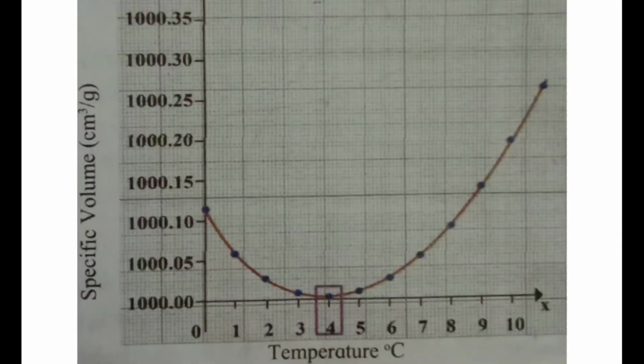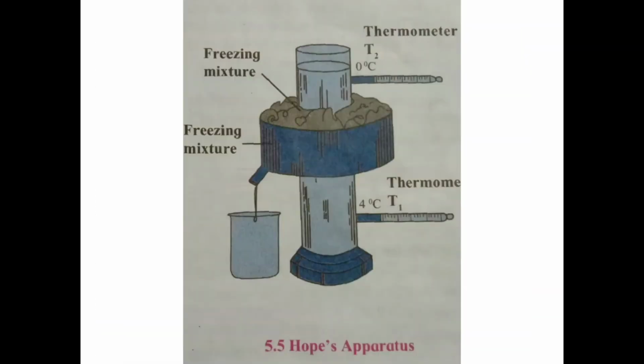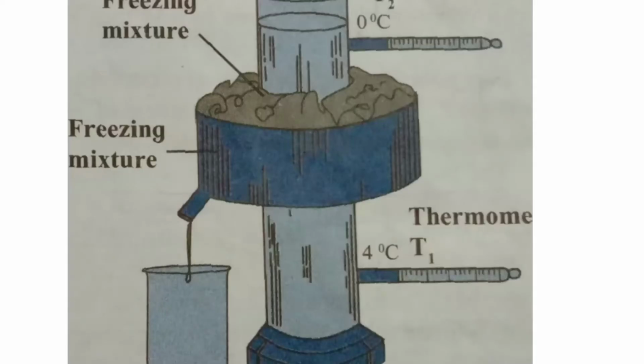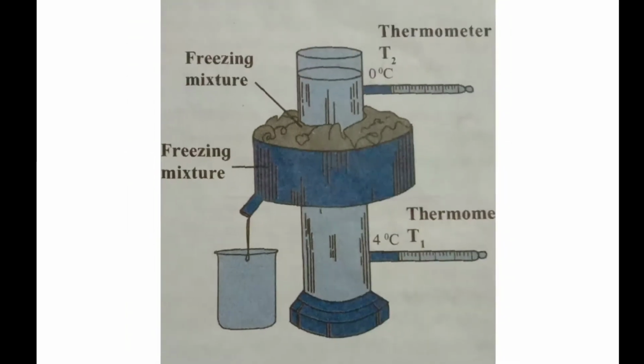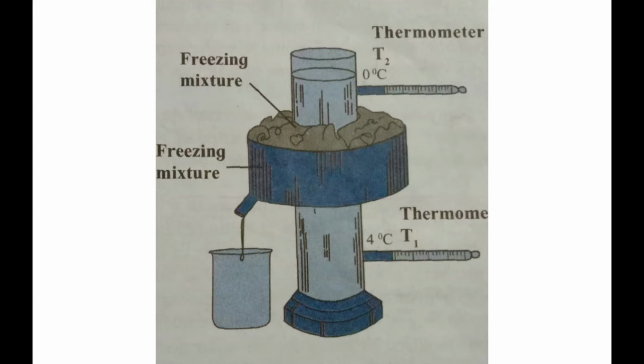So we have the density of water is minimum at 4 degrees Celsius. Then we have discussed about the Hobbes apparatus. We have seen that, exactly understand whatever I taught yesterday to you, that this is the freezing mixture which is kept, right, and there